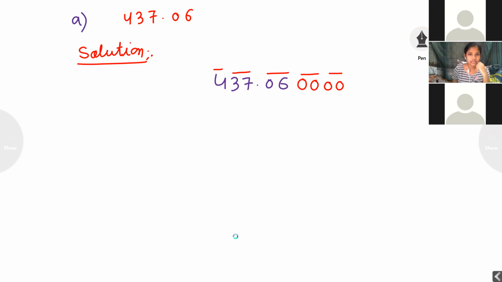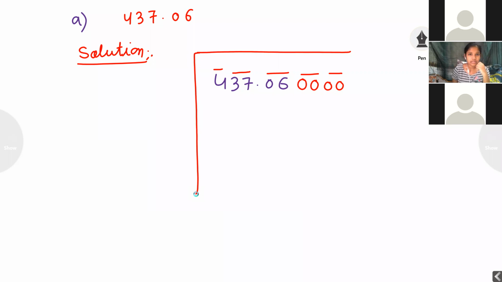This was the concept. After the decimal point, he is asking for 3 decimal places. Now the first pair he has already given as 06, one pair, so I want to add 4 more, 0 0, meaning 2 pairs will come here. Yes. Now I want to find the square root of this number.